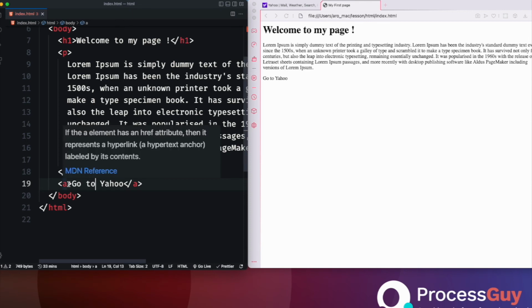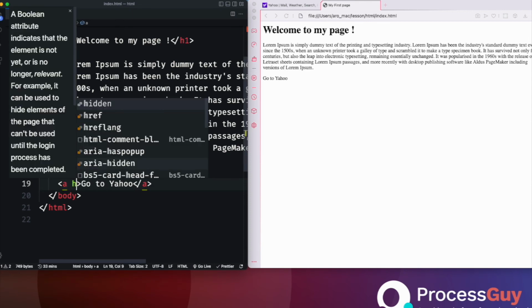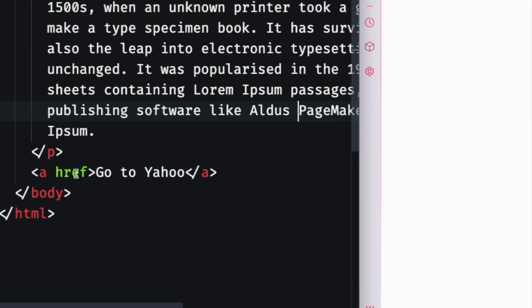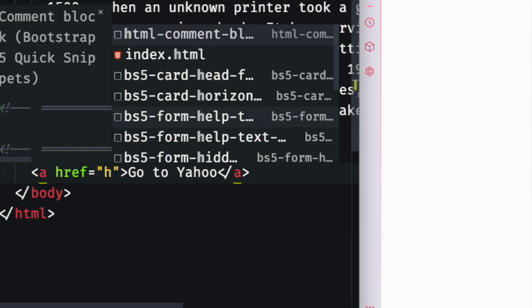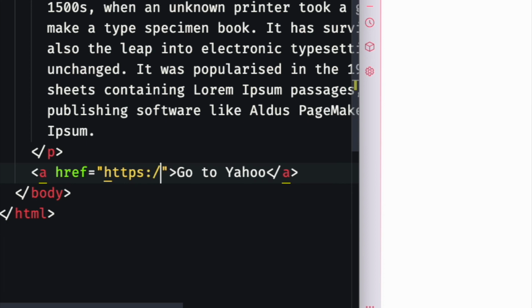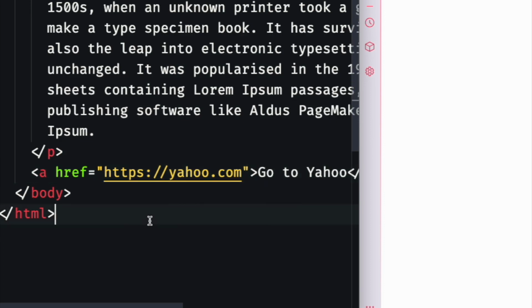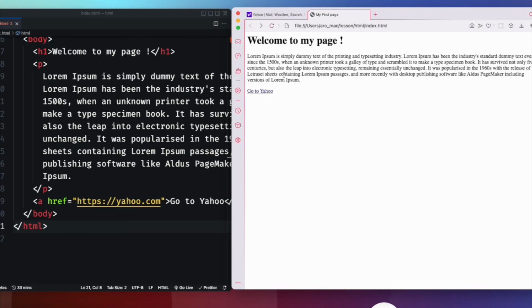In this case, we have an attribute called href. That is one of the requirements for you to specify where a link is heading to. You have to specify the href attribute for the A tag. Since we want to go to Yahoo, we'll put the Yahoo address here, and this can work for any website. Now that we have that, let's refresh and check it out. One of the things you will notice is that we now have a link. The hyperlink is now underlined, and once we click it, it should take us to the Yahoo page.